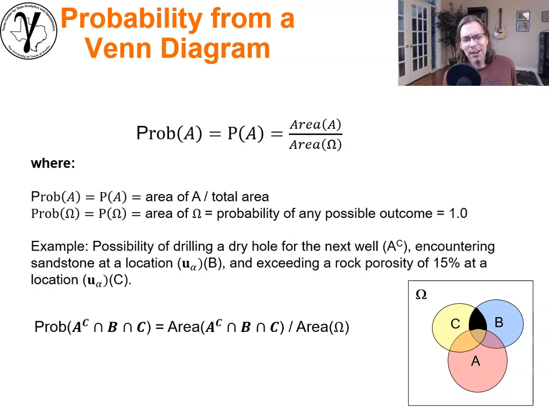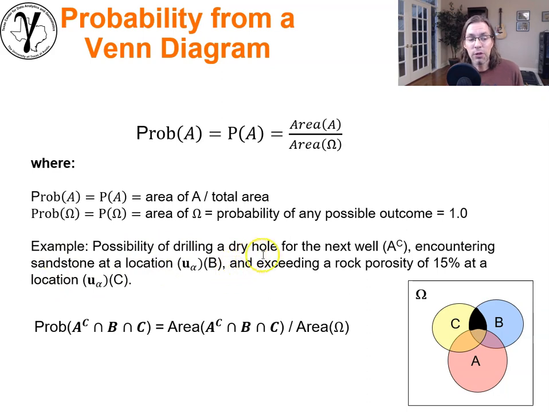So now the Venn diagrams that I've shown so far have been pretty simple. Probability of A is equal to the area of A divided by the area of omega. But of course, it could get much more complicated. We can have all kinds of interesting intersections and unions, and we can work with many different events at the same time. Let me give you a very simple example here, but getting a little bit more complicated.